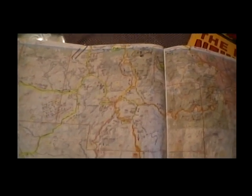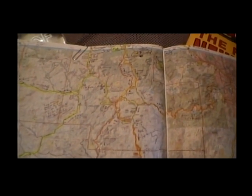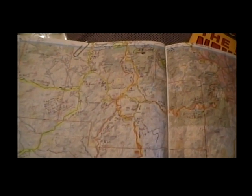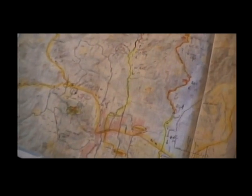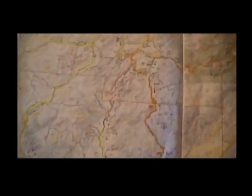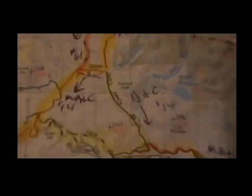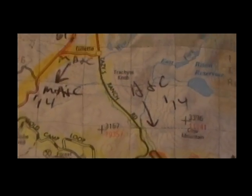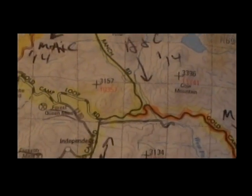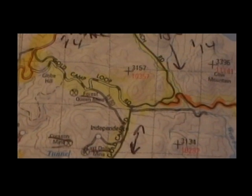So the last day we had loaded up camp and Mike's bike was on the trailer, and Mike was going to go down High Park Road, the paved roads, back out to Canyon City and Florence and meet us there in Florence. Al and I rode on down the Lazy S Ranch Road, County Road 81, back down and caught Gold Camp Road for a little ways, and then